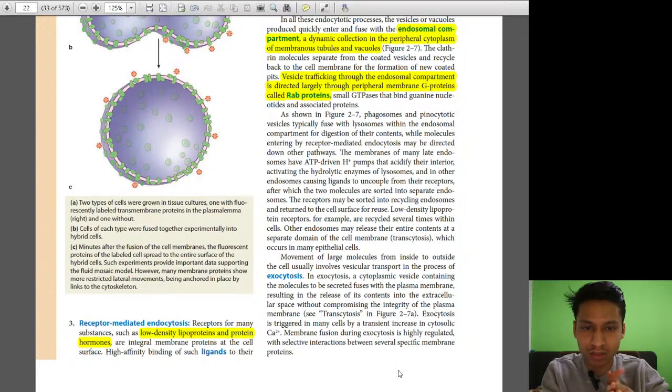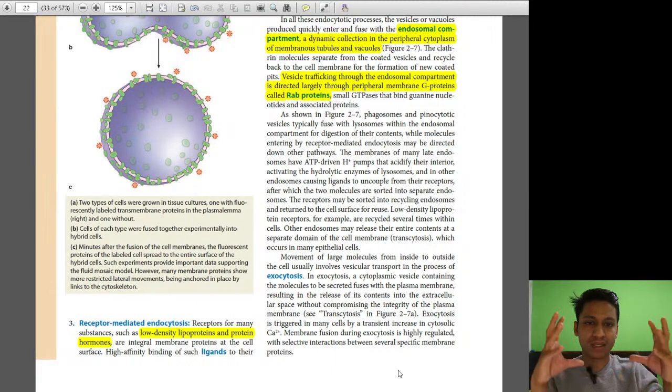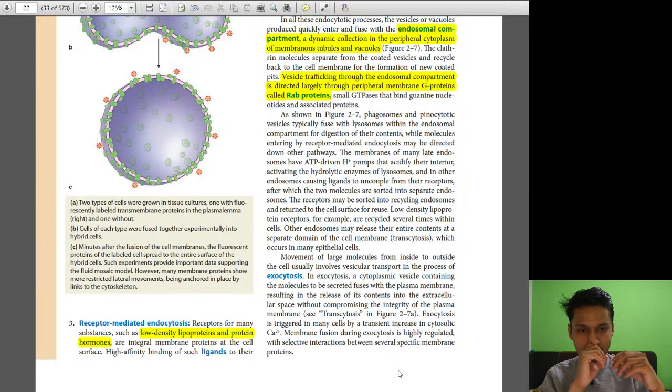Okay, so far we read about how receptor mediated endocytosis works, how a coated pit is formed, what the coated pit is coated with, how a vesicle is created, how the vesicle travels towards the endosomal compartment, how it is acted upon by Rab protein, etc. So let's see now what happens at this compartment where we have our hormone, or a ligand, that is brought by this